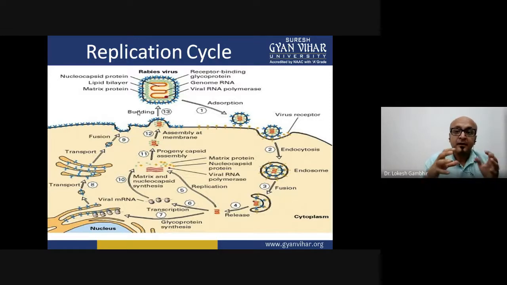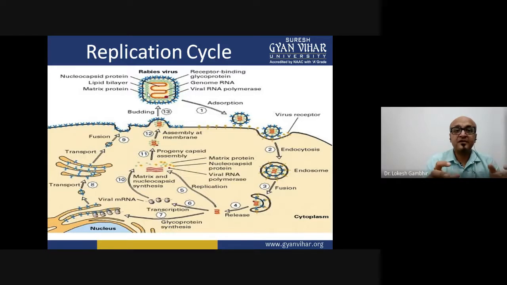So you see what it is doing. It is already preparing the envelope inside the endoplasmic reticulum, and it is putting it on the surface. After that, it assembles into a functional virus, into a capsid which encapsulates the RNA genome. Then it will reach the membrane and bud off. While budding, it will take the portion of the membrane which is rich in viral glycoprotein, and it is released out. So this is how the complete viral cycle goes.